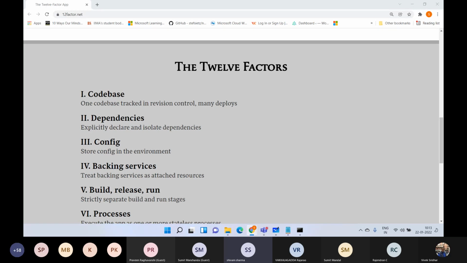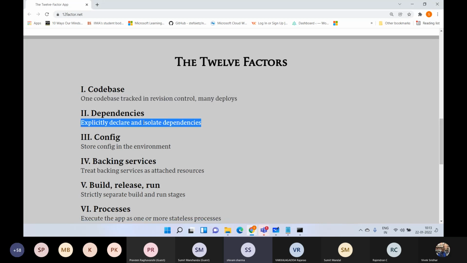Version control will be there, and it should have the capability of doing multiple deployments. Like you can deploy into a staging environment or into a production environment from that code base. That is one of the factors of a cloud native application. The second thing as part of cloud native is that the dependencies will be packaged, and we will be creating services which are isolated from each other and packaged with their dependencies. Even if you make any change in one of these services, it will not affect the other services